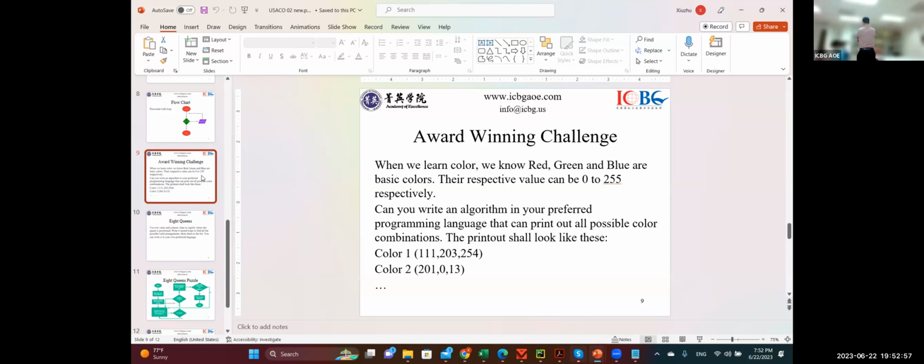Finished? Okay, let me take a look at it. Yes. But just please make sure you print out this color 1 and the parentheses, those numbers. Okay. Your solution, how you do that, and then